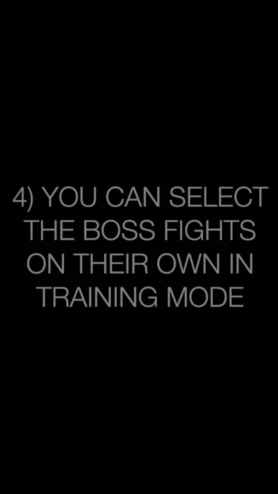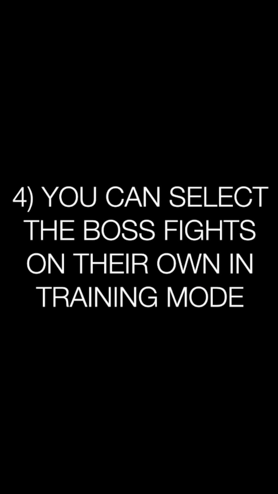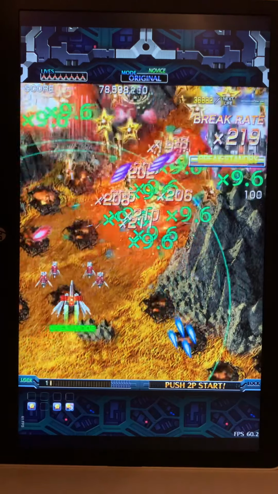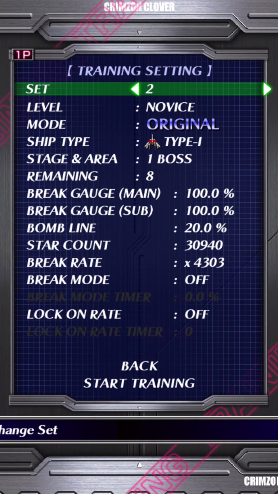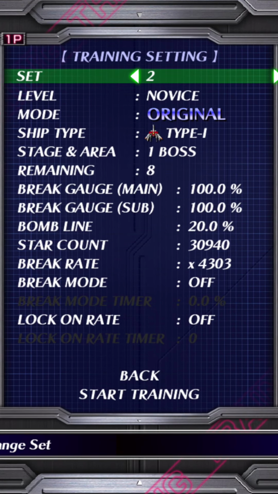This training mode has a boss select, which is also something you don't always get, but really is something that you should always look for. So anytime that you want to train just for the boss of a certain level, you can dial that in,